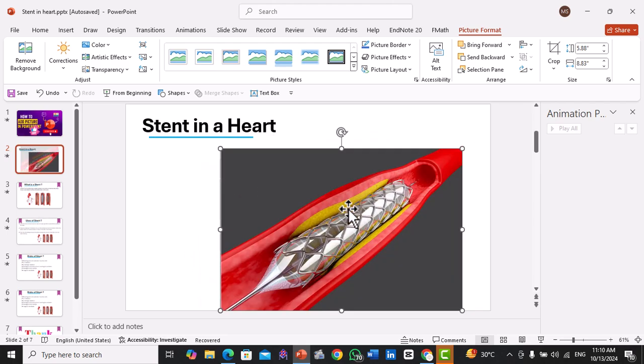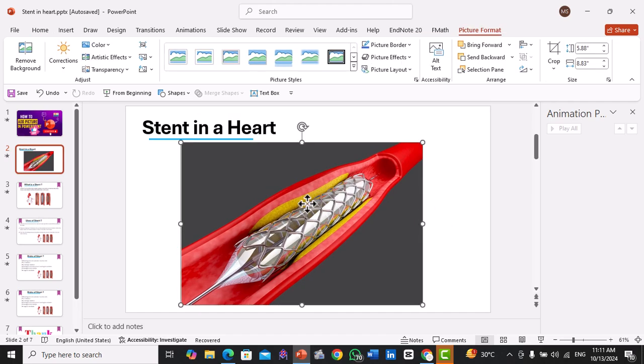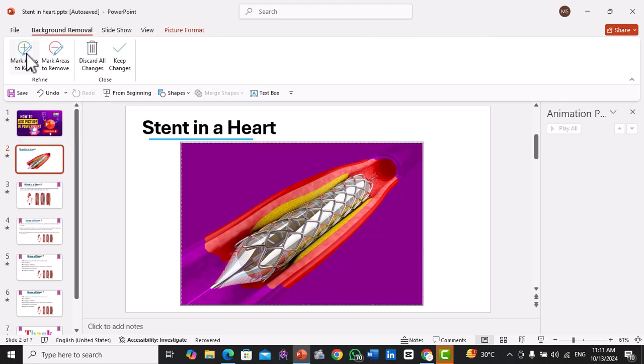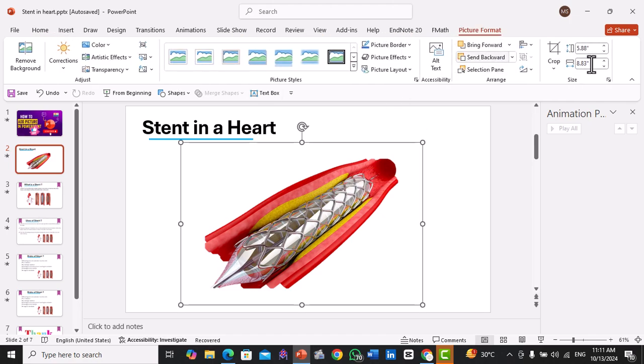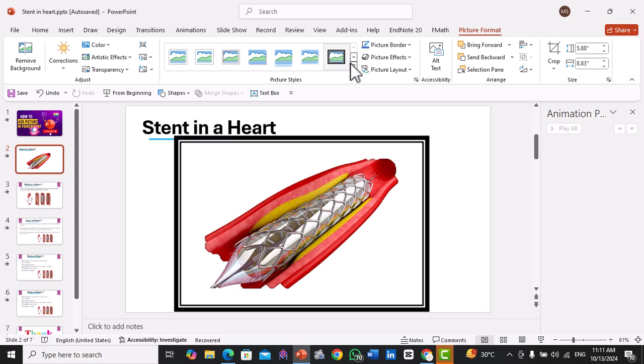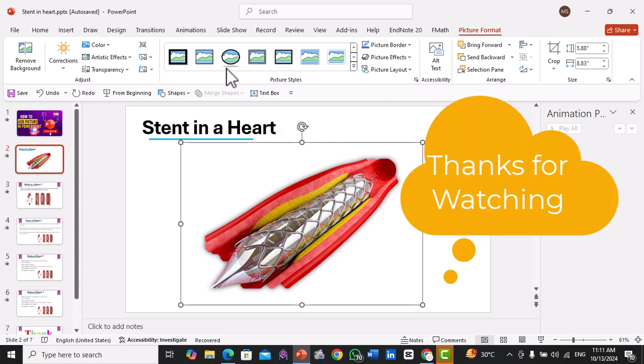Adjust your picture on the slide, and if you want to edit your picture, then click on it and the Picture Format tab will open. Then you can remove the background of your picture, and you can also crop your picture. You can change the style of your picture, the style which you want. Then click